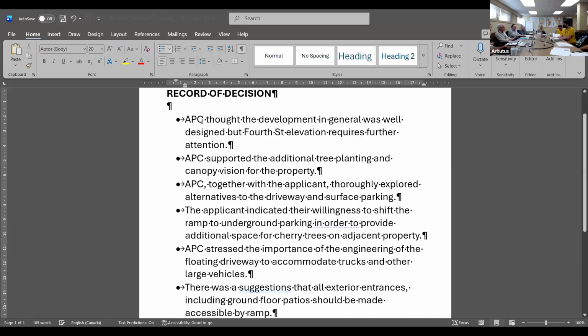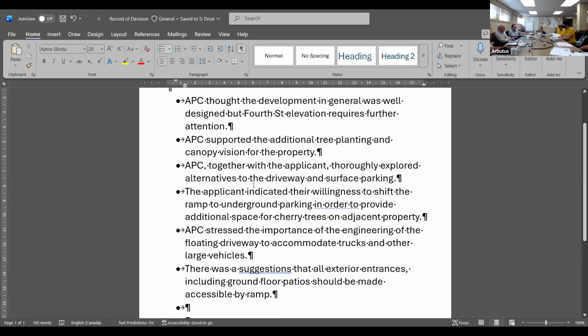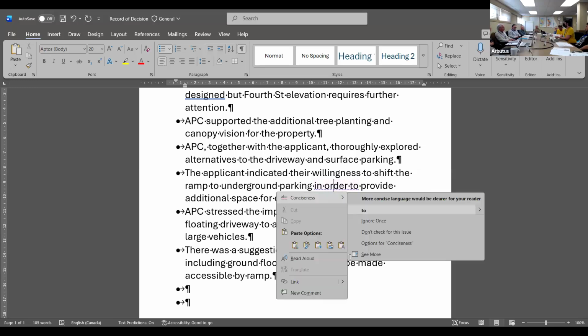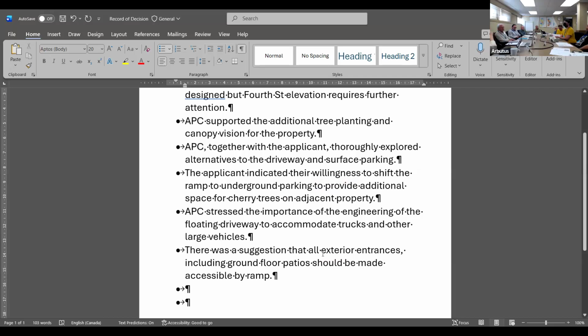Okay. Anybody else? Maybe I'll put one more comment. This is something that didn't really come up in the discussions, but I feel like it's worth a quick discussion about whether or not these will stay as rentals in perpetuity. Is it in the wording? I think it was in the staff report. But also the record of decision, the purpose is to capture the essence of what APC talked about. Okay, sounds good. It's in the report. They've been well discussed.